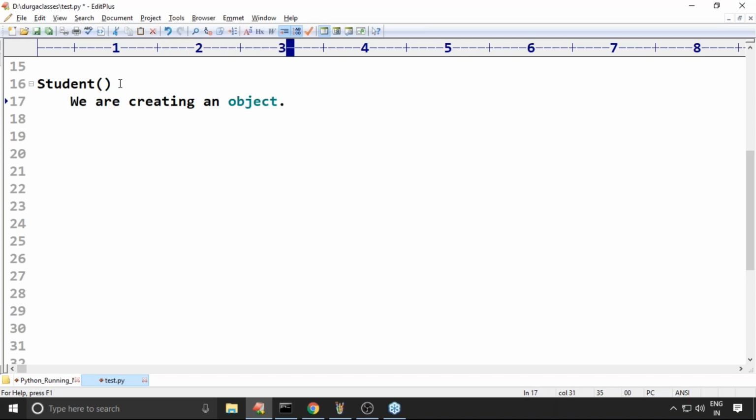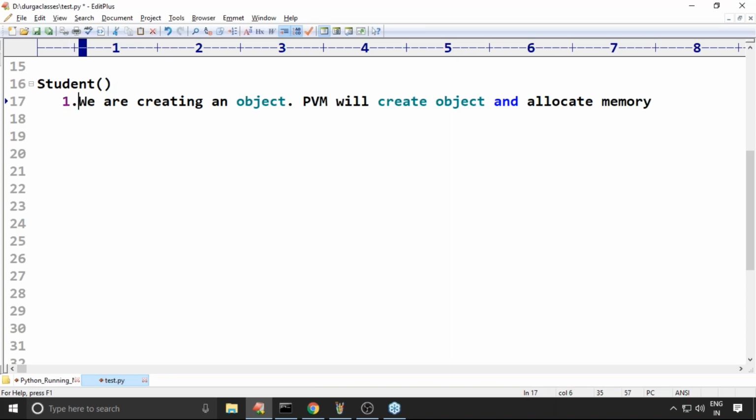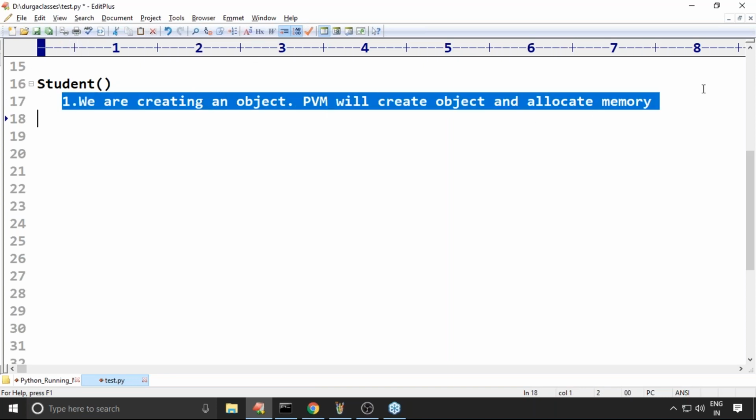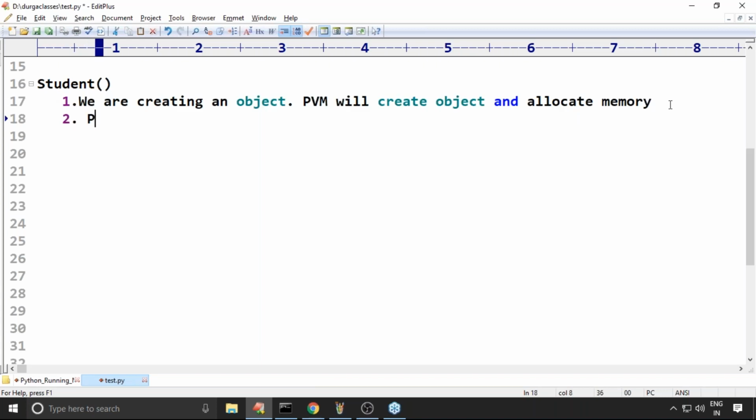So the Python virtual machine will allocate memory for our object. PVM will create the object and allocate memory. That is the first thing. Whenever this happens, immediately PVM will execute one special method. What is that special method, sir?